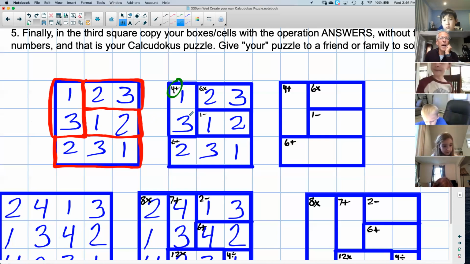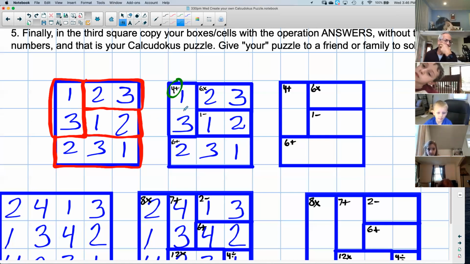Now, why did I do that? With the numbers 3 and 1, why do you think I said 4 plus? Who can answer that? Tess, why did I say 4 plus in the boxes that have a 1 and a 3? 3 plus 1 equals 4. Absolutely. And Sabrina, why did I write in this box? So I'm going to put a 4 plus